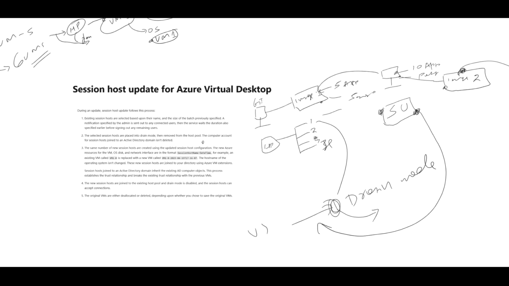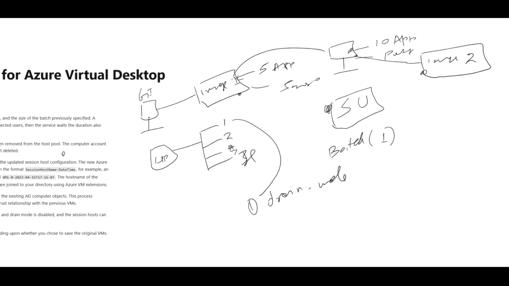For example, let's say user 1 is logged into this VM. So it will ask the user to log off. You can define the time, like let's say from 0 to 60 minutes or 90 minutes. Within that time, the user should log off. And then this VM will be removed from the session host pool. Once it gets removed, it will be deleted from Azure,